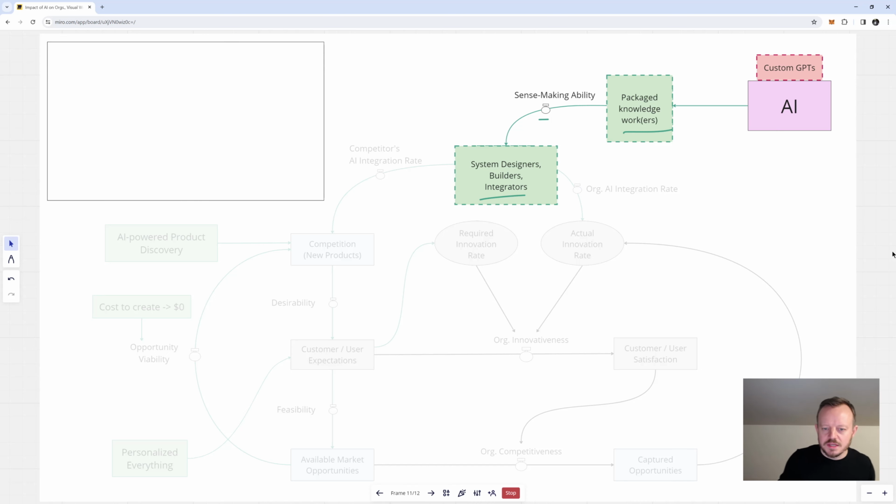So expect to see fusion teams of AIs and AI agents and knowledge workers working collaboratively, and the role of the knowledge worker is now to figure out how to fuse these capabilities together in such a way that they can be used for productive, innovative benefit. Now, when that happens, it changes what skills you need. Where previously I'd said you need sense-making ability, which is more about, as I said earlier, figuring things out,